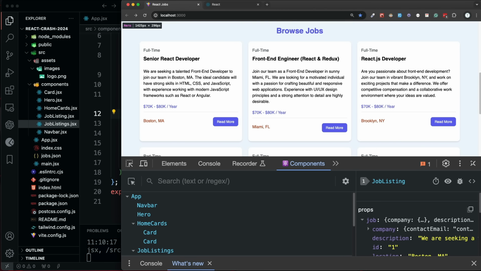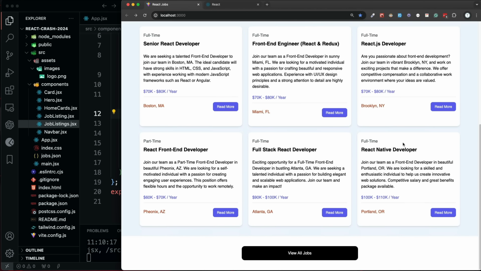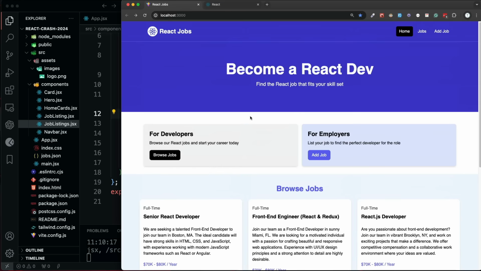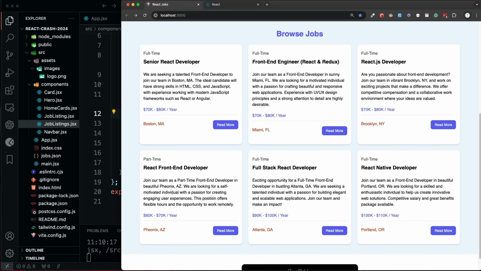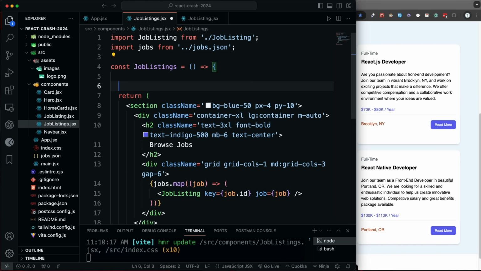All right, so on the home page, I actually don't want to show all of these. I only want to show 3. But I also want to use this same job listings component when we get to the jobs page. So I'm trying to think of how I want to do it right now. I think right now, let's just go to job listings, and what we can do is,